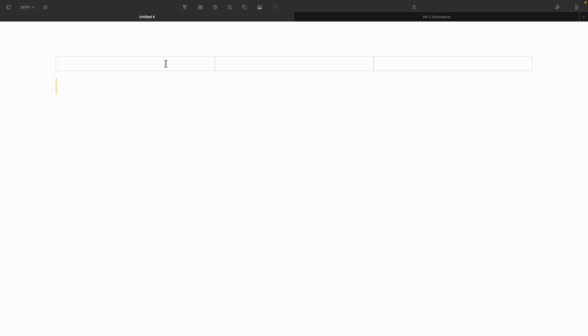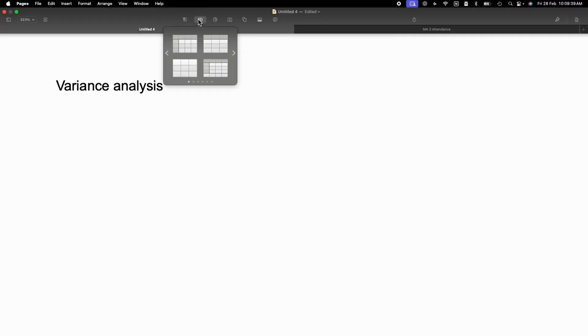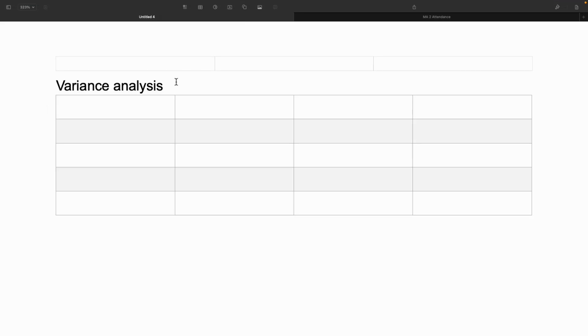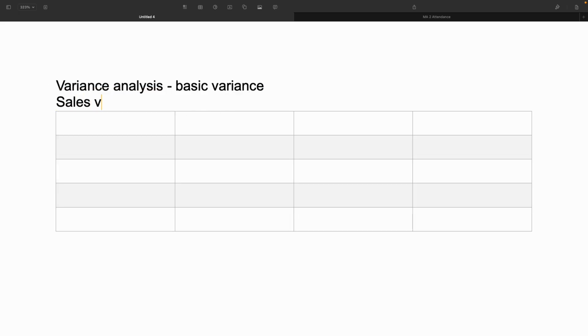So when we do variance analysis, the way we go about doing it, remember, is the basic level. Basic variance, and we're going to do sales variance first. If you're going to do sales variance, the way we do it is AQ